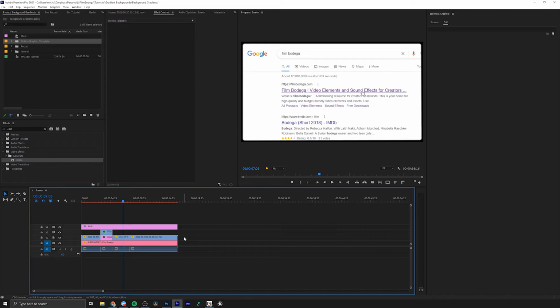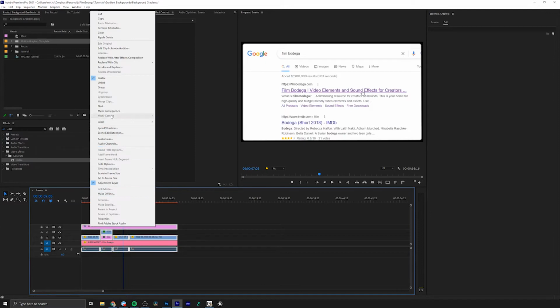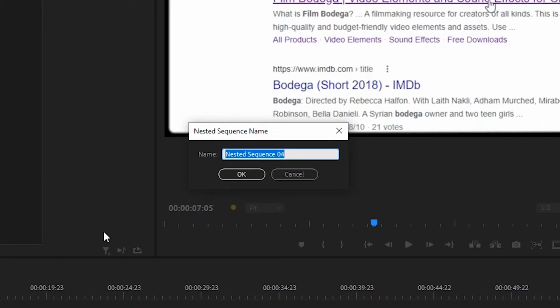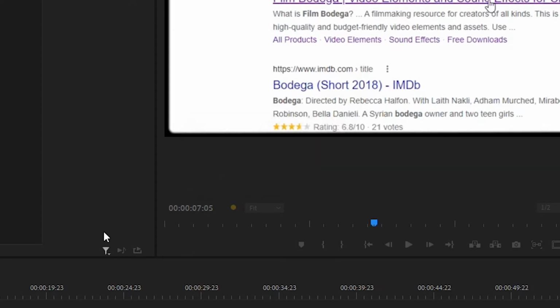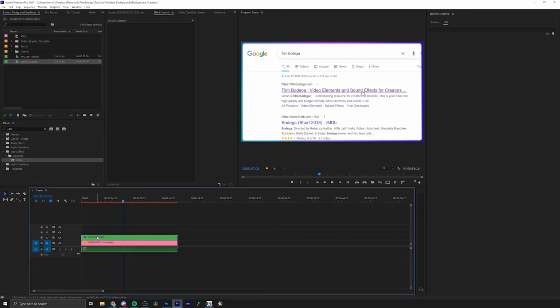The best and easiest workaround is using a nested sequence. Highlight all the layers above your background, including the adjustment layer. Right-click and nest. I'm just going to name this Screen Capture. Now that it's nested, you can see the background because the mask is only affecting all of the clips in